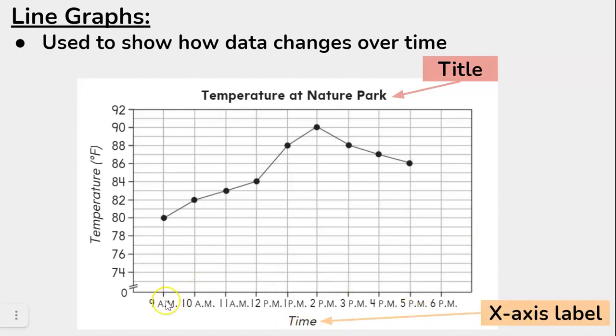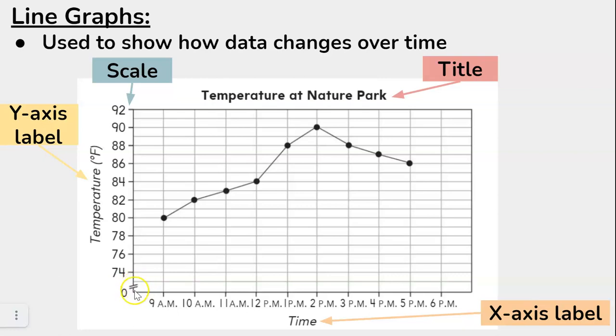In this case, it's going from 9 a.m. to 5 p.m. on a day. The y-axis is telling us the temperature in degrees Fahrenheit. The scale here goes all the way from 0 to 92. What we need to focus on in this one is these little 2 diagonal hash marks, because they are showing